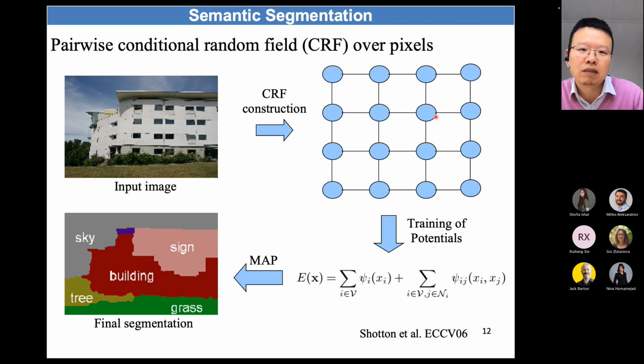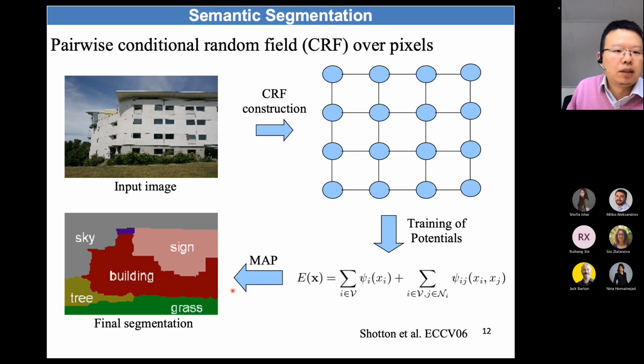The basic idea is that given an image, we model every pixel as a node in the graph. Then you train this so-called energy function E(x), with the unary potential and the pairwise potentials, and these potentials can be trained, for example, using random forest and other methods. And then in the end, infer